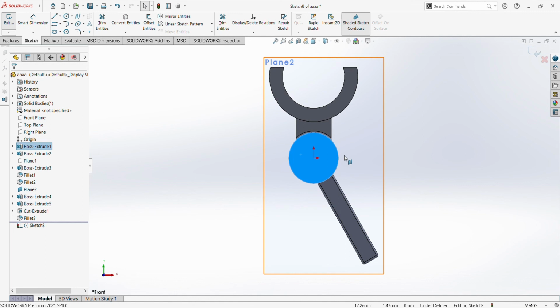And then to this area, click it, then select sketch. With this view,